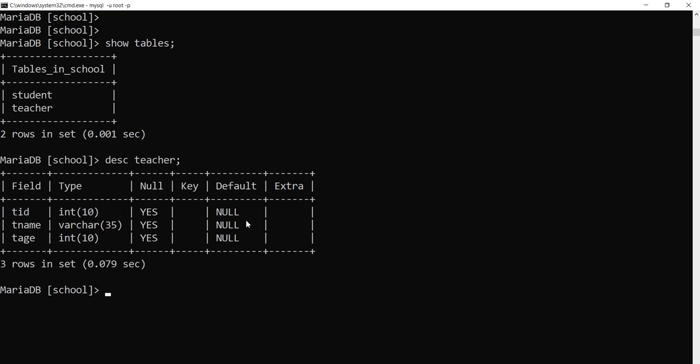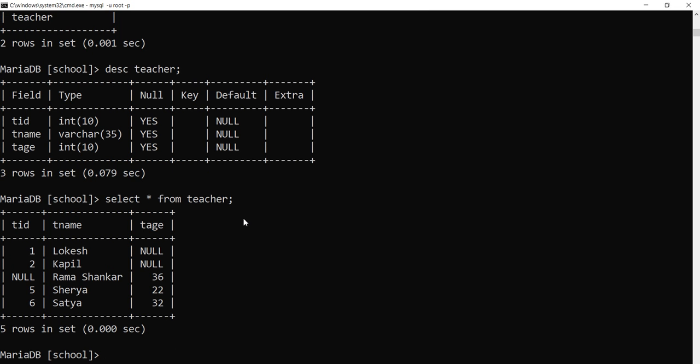And now after inserting the values, I am going to display the data available in teacher from teacher. Null is here, and null is in TH, and in TID, at TID 1 and 2.